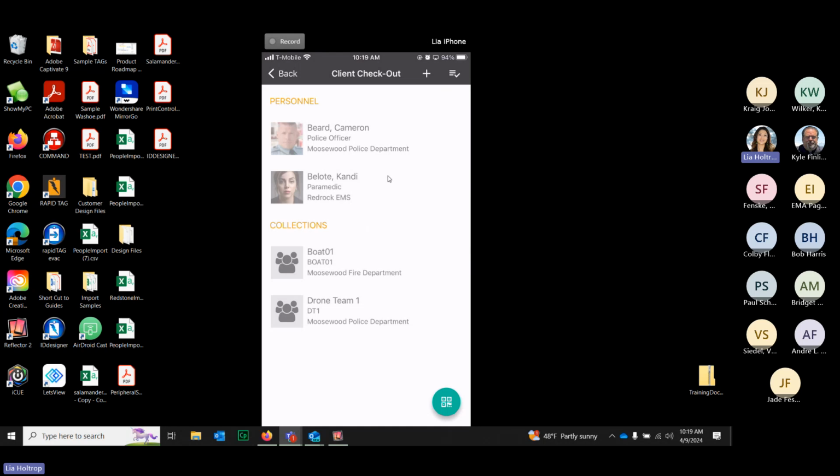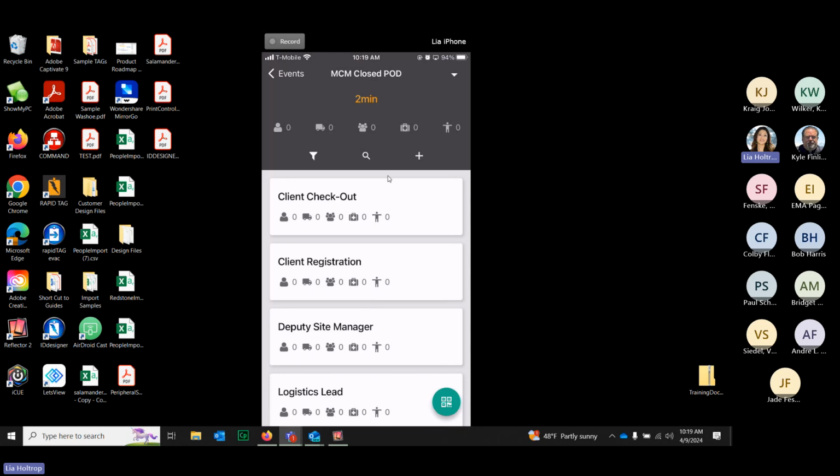Okay, so I'm just going to back out of this. So let's say we have a collection, a team that is checking in, and they are not planned. There's two ways you can do this, right? There's a download function as well as a scan function. So downloading,